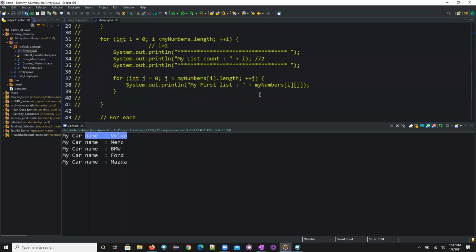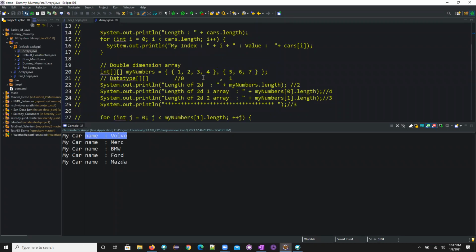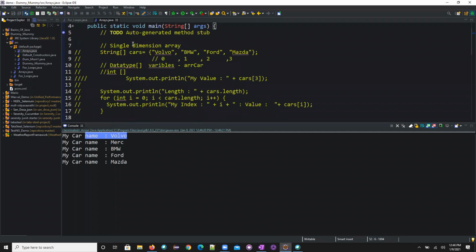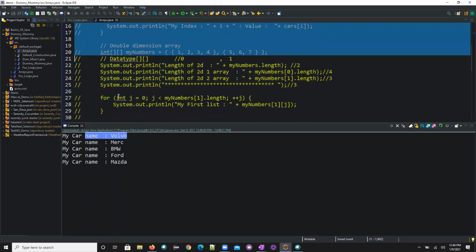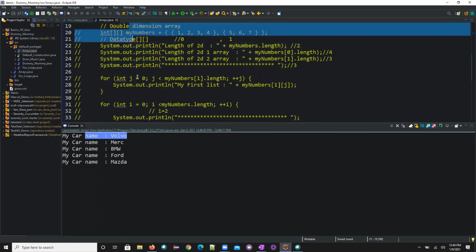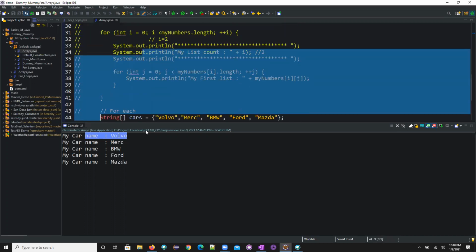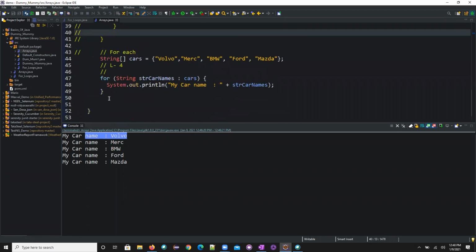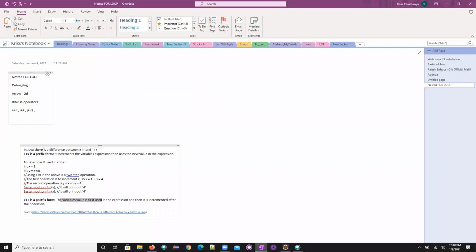Yeah, sure. Okay. So guys, now overall, what is the conclusion here? This is the single dimensional array, and this is the double dimensional array, and this is the for each. So this is what we wanted to do. Any other questions on this one? Guys, any questions? Is it tough, guys? No, no, sir, it's clear. Easy. Yes.